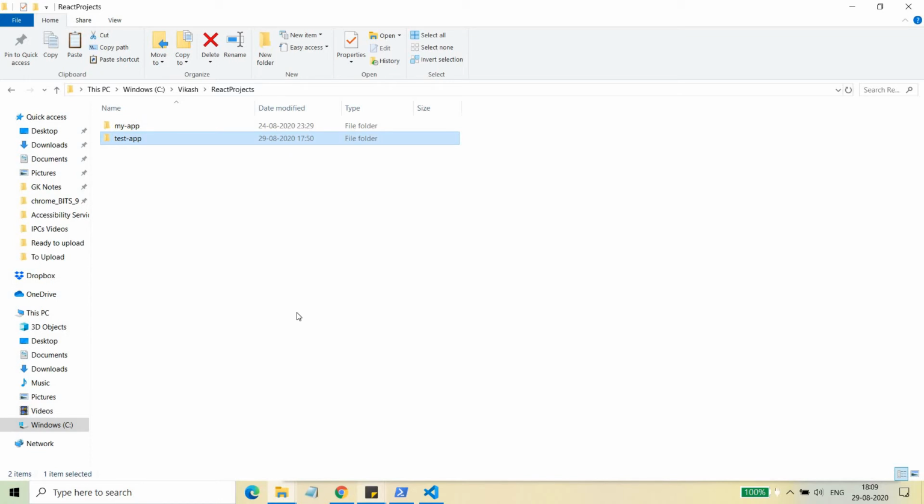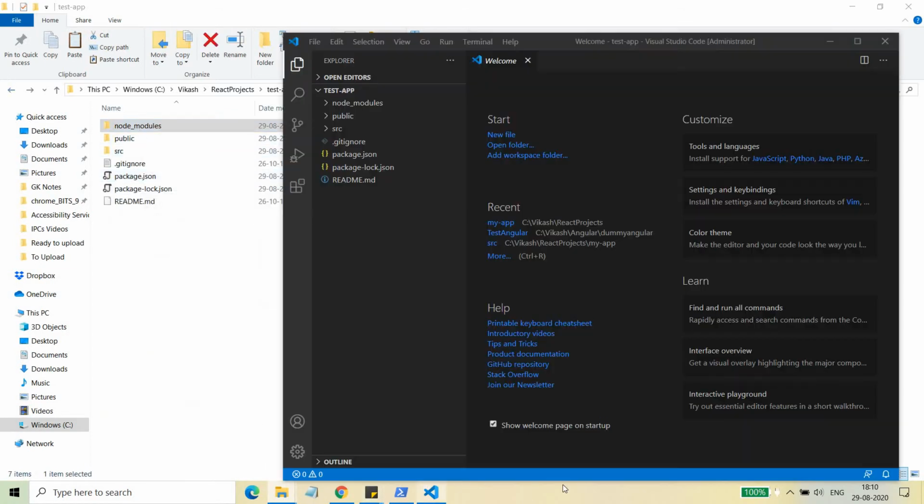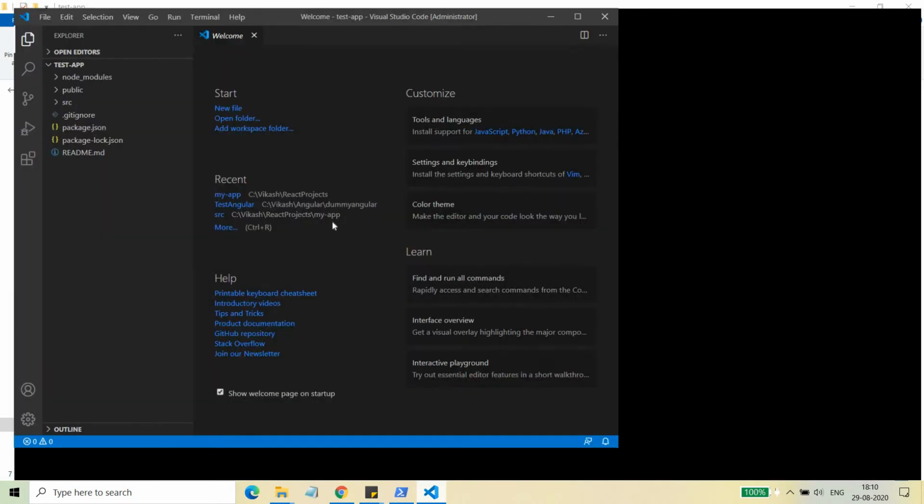If you have your own GitHub or Bitbucket, there as well you can simply copy and paste all these things. You can simply check in, you can simply push the changes to Bitbucket, right? So this is what you can do to avoid installing all these node modules again and again, right? So this was the node modules folder where all the files are kept. Now let us explore the other things.